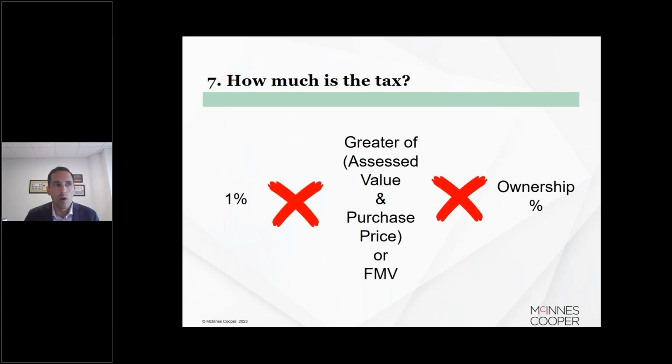But basically, you're looking at 1% of the greater of the assessed value for tax purposes, so what you get on your property tax assessment, or the purchase price. So whichever one of those two values is higher, you will take 1% of that and it'll apply to that residential property. And then you'll see ownership percentage here. That's if you own the property, say a husband and wife both own a property, they'd be found under the Act to be 50-50 owners. So each would own 50% of that value and pay tax on 50% of that